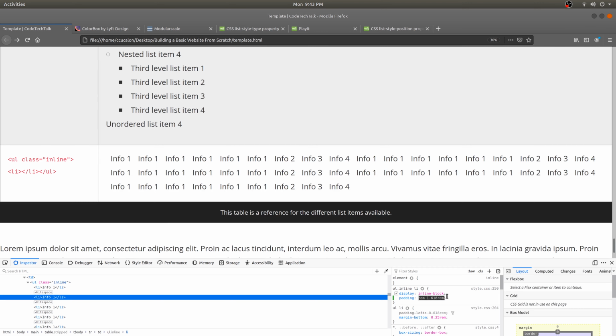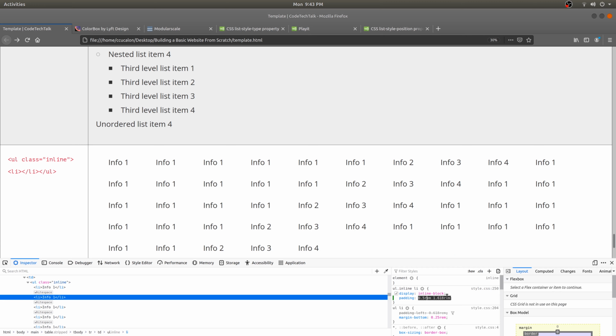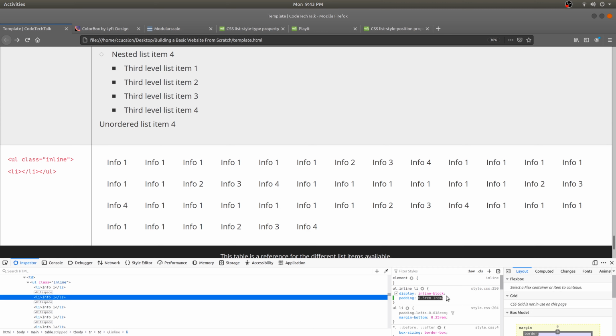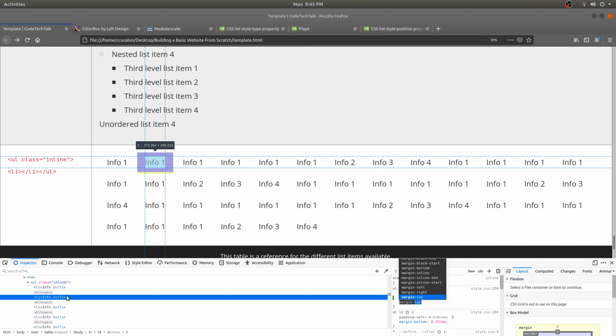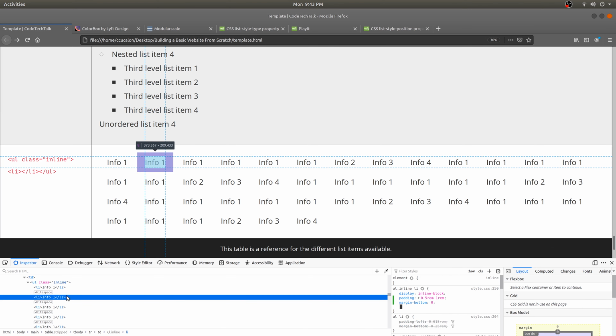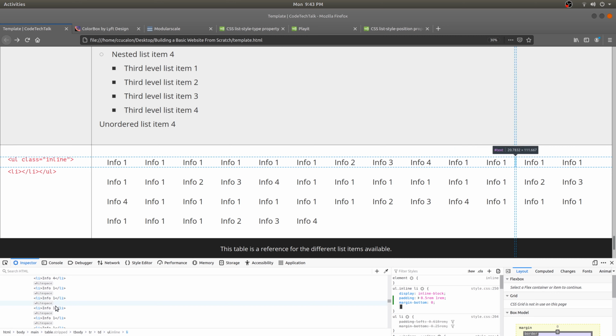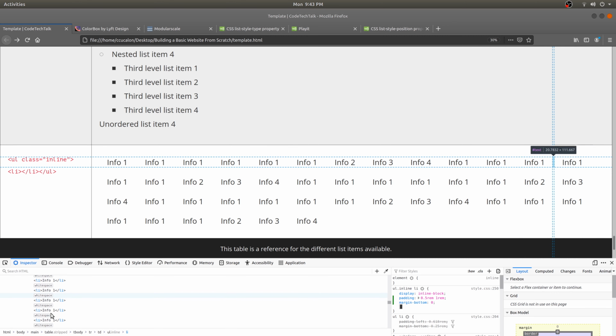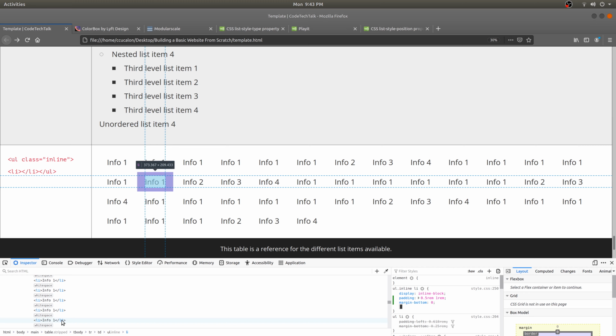Maybe if we want to, we can just half it. Maybe 0.5 rem top and bottom. And then let's go ahead and just do 1 rem left and right, so that these are still going next to each other. You see that now that we have that purple box all around it. And maybe remove the margin bottom to be 0, and that way we avoid having extra space. But as you can see, now we have a way to use a list element so that you can have